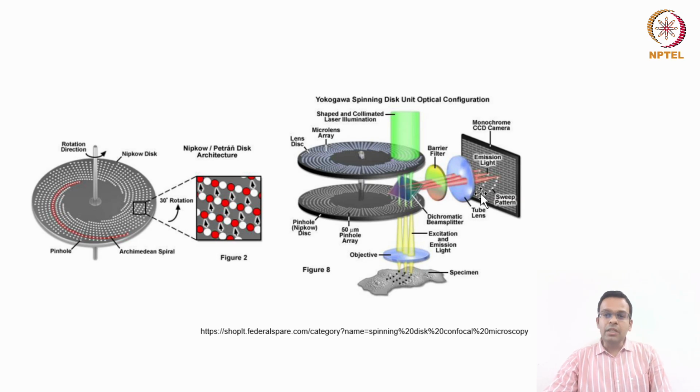Now, one limitation of this spinning disc confocal is that the pinhole size is not adjustable, because this is a disc, right? It is not just one pinhole where you can increase or decrease the size. Here it's a pinhole disc, and that's why the size of the pinhole is fixed at 1 Airy unit.